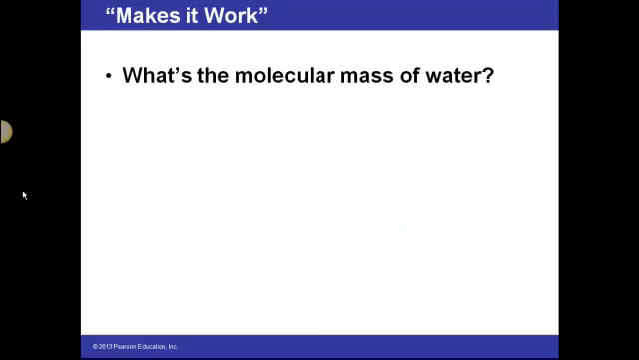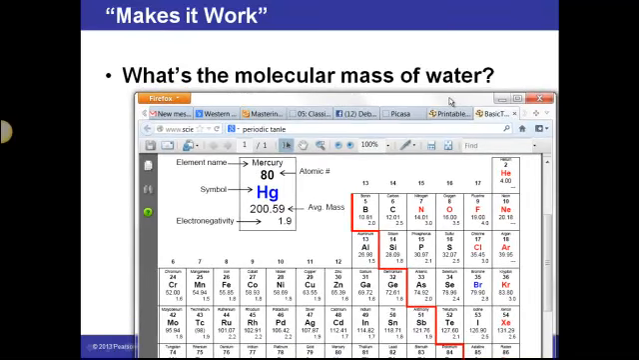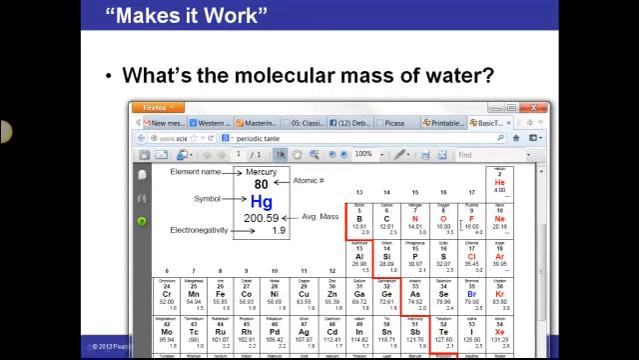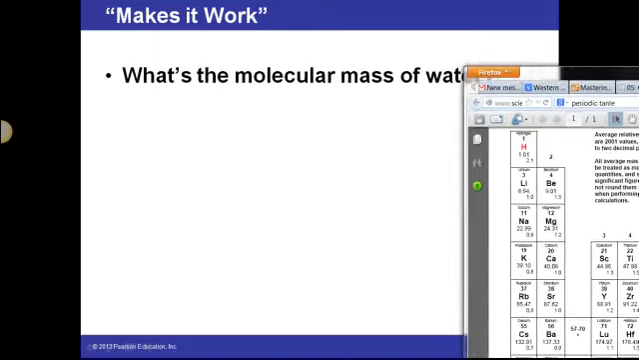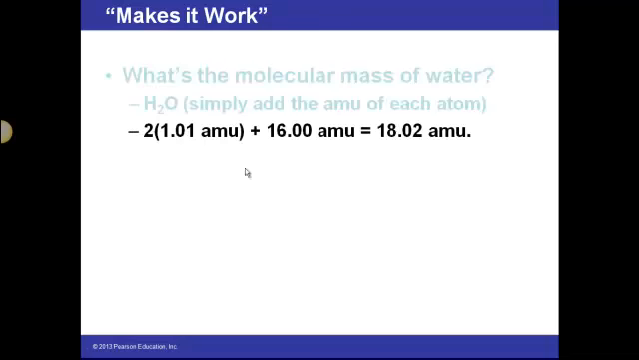So what's the molecular mass of water? So let me bring up our periodic table again. If we're calculating the molecular mass of water, we know the formula for water is H2O. So we're going to need 1 atom of oxygen, which is 16 atomic mass units. And we're going to need 2 atoms of hydrogen, each at 1.01 atomic mass units. And so our total mass for our water molecule is going to be a sum of these amounts, or 18.02